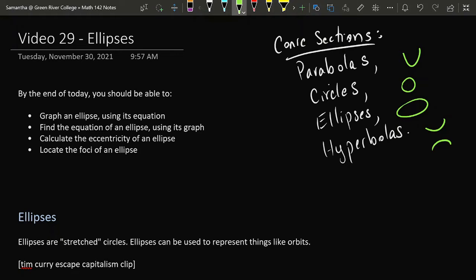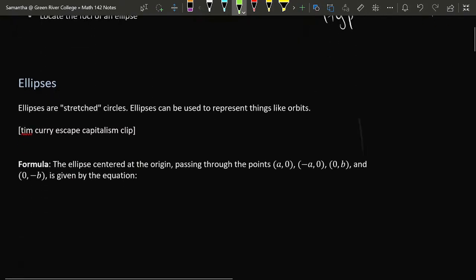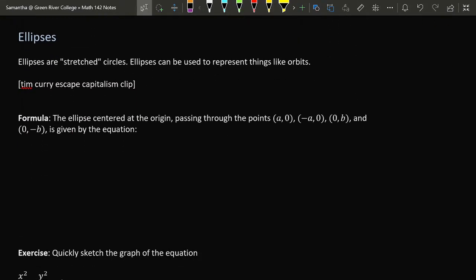Today, we're going to look at the graph of an ellipse and look at the relationship between the ellipse's graph and its actual formula. We're going to calculate something called the eccentricity of an ellipse, and we're going to locate something called the foci of an ellipse. So an ellipse is basically just a circle that has been stretched out a little bit in either the x